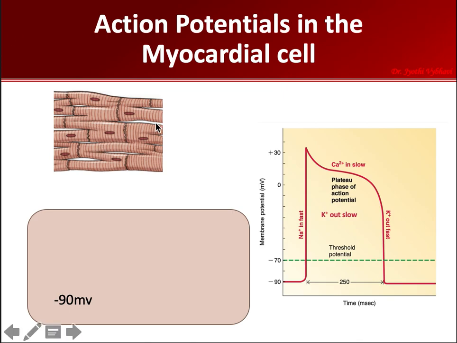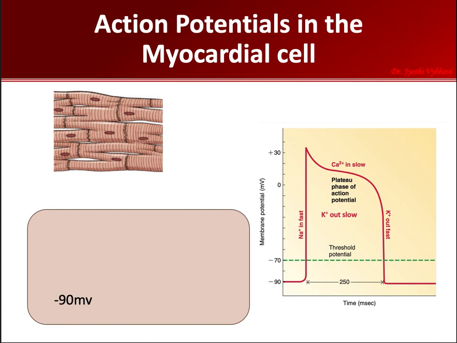So let's presume that these are contractile cells and take one of these cells over here. All these cells are resting. Each and every cell in the human body is resting. Even this cardiac cell is resting. When it is resting, if you measure the potential of this cardiac resting cell, the inside of the cardiac cell, that is the resting membrane potential, is minus 90 millivolts. That means the inside of the cell membrane is minus 90, whereas the outside is positive. So the resting membrane potential of this is minus 90 millivolts.